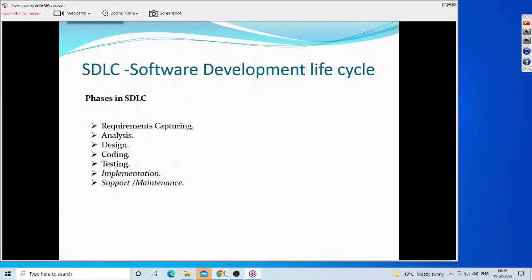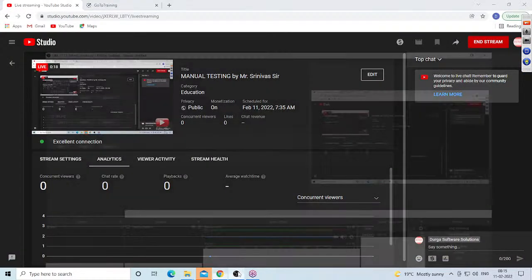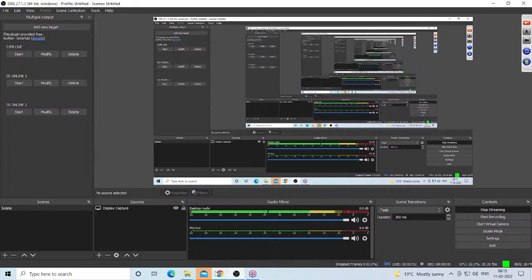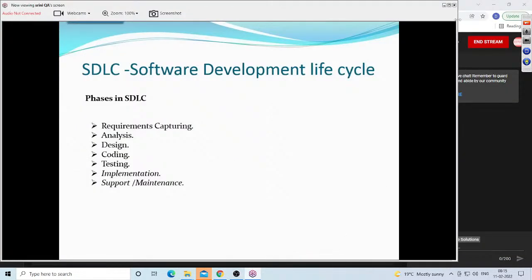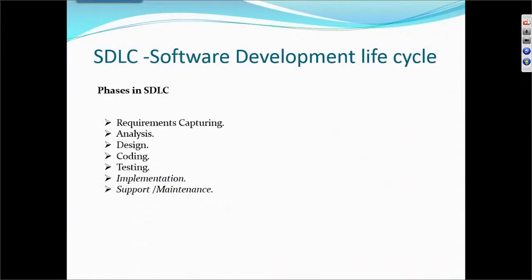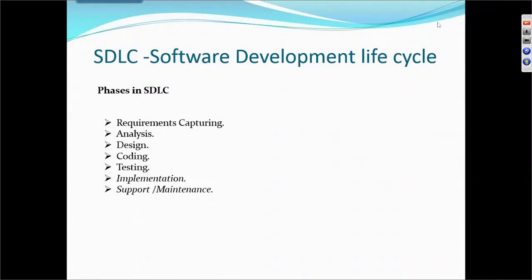Low level means anyone can easily understand. High level means those who have experience can only understand those diagrammatics. Okay, so once the design part is done, now the development team is involved. So whenever any project comes, first they will go with requirements. Once they get proper requirements, and the review and approval is done, then